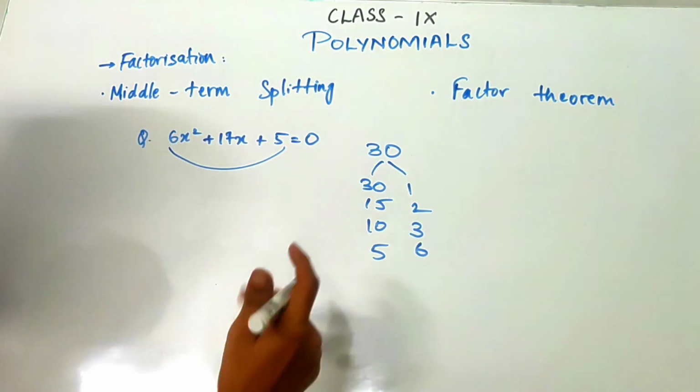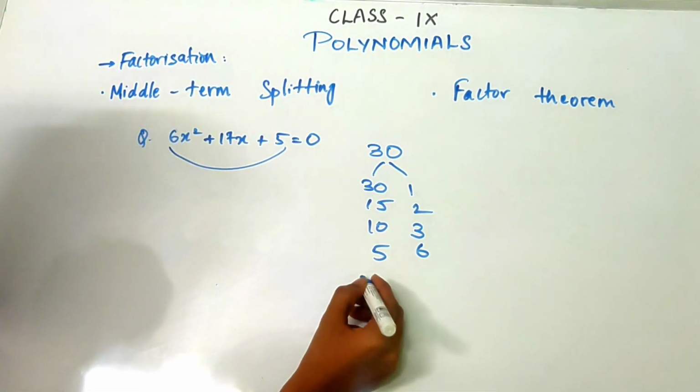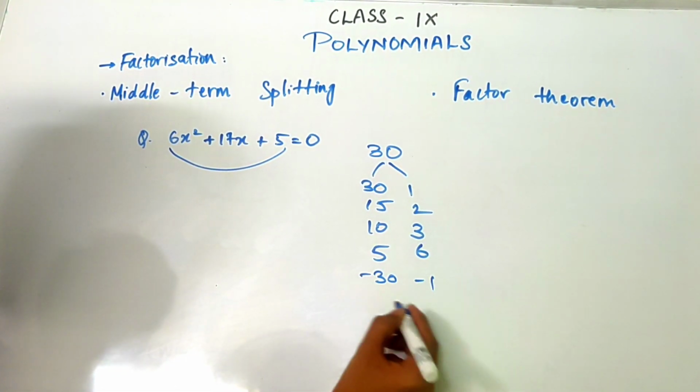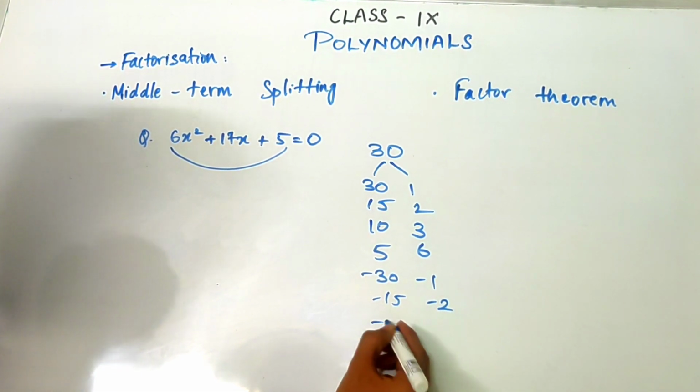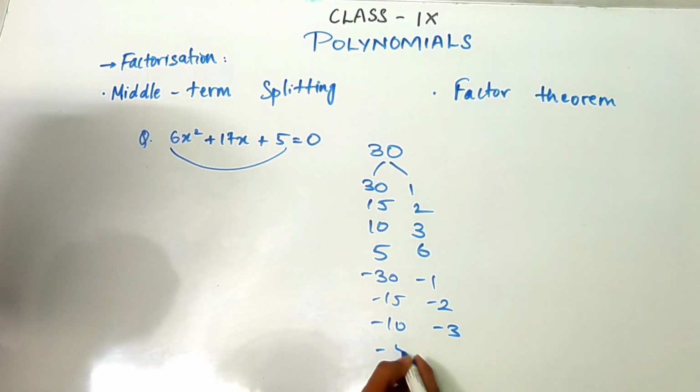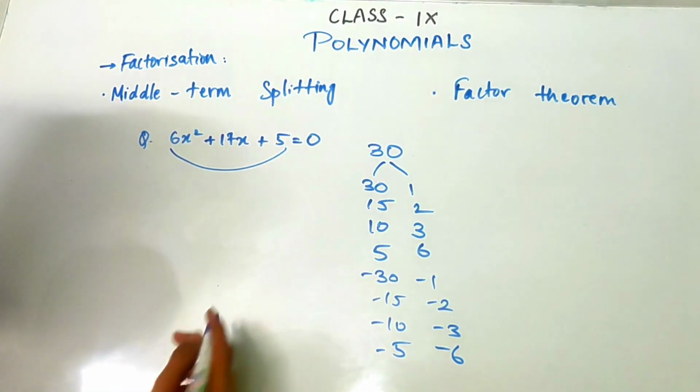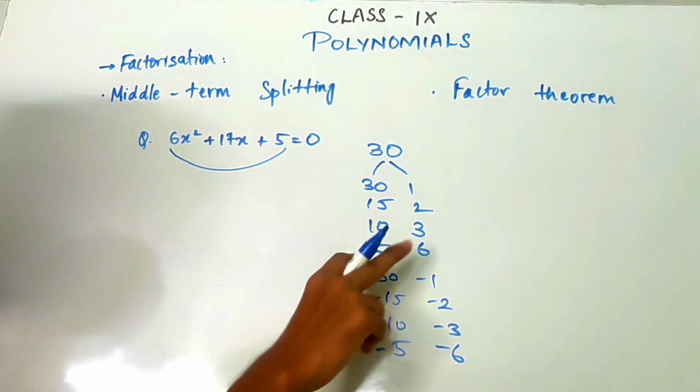Now write it down for the negative terms as well. So those are also the factors, right? So minus 30 times minus 1, minus 15 times minus 2, minus 10 times minus 3, and minus 5 times minus 6. Because these also give 30. So these are all the factors that we know of, and when you try to reverse it, you will get